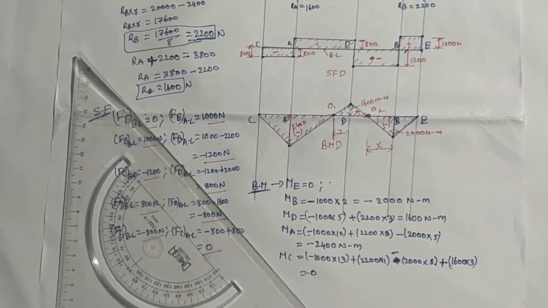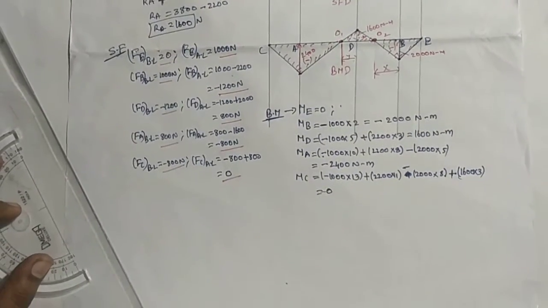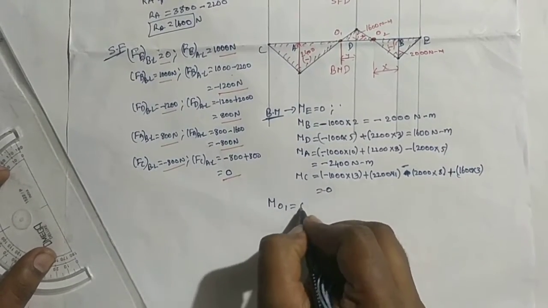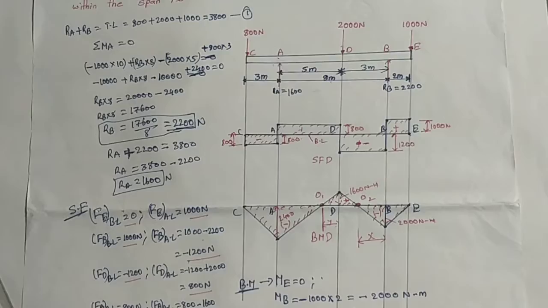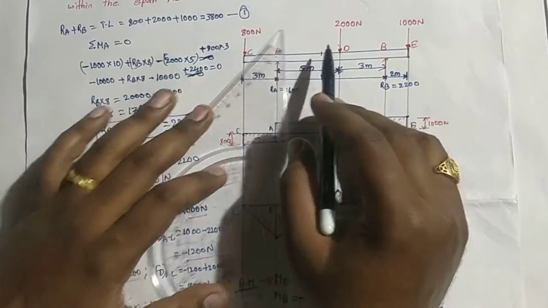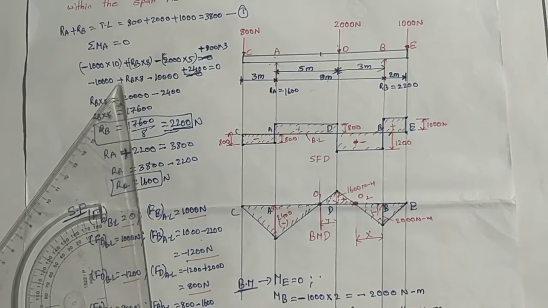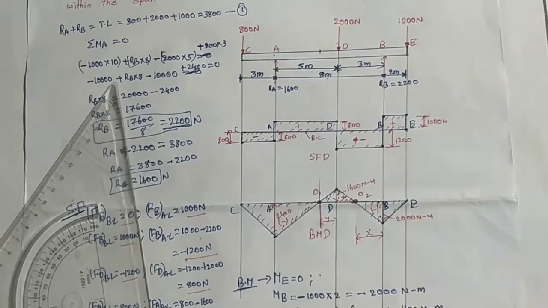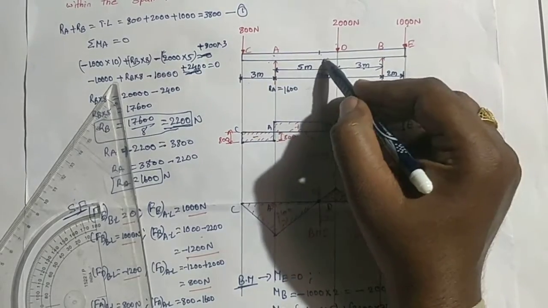For that, at point O1 the bending moment is equal to 0, so we need to calculate the bending moment at point O1. Approximately at this region, the right side of O1 has 3 loads in total. The first load is 1000, the second one is the reaction force, and the third one is 2000. For the 1000 load, the distance from this point to O1 is 5 plus y.